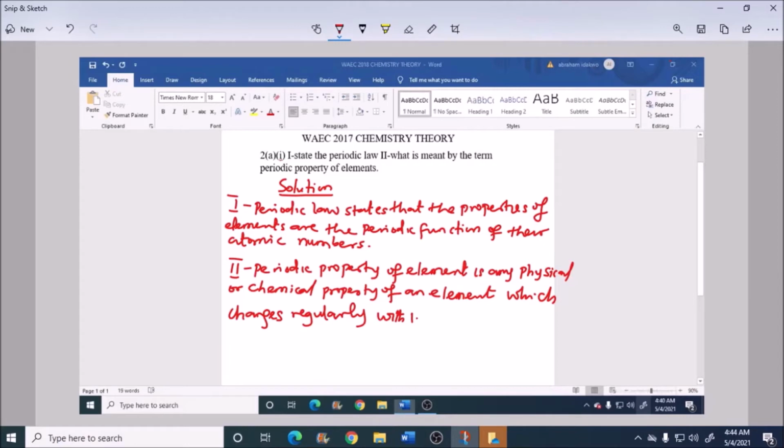So periodic property of elements is any physical or chemical property of an element which changes regularly with increasing atomic